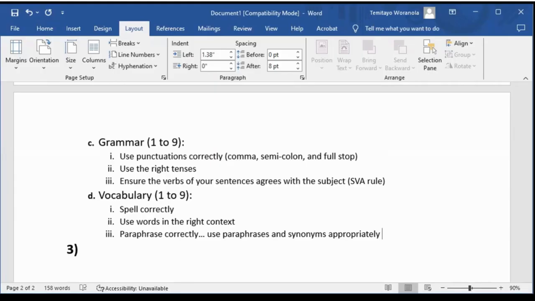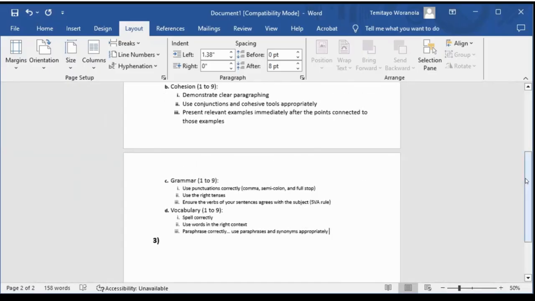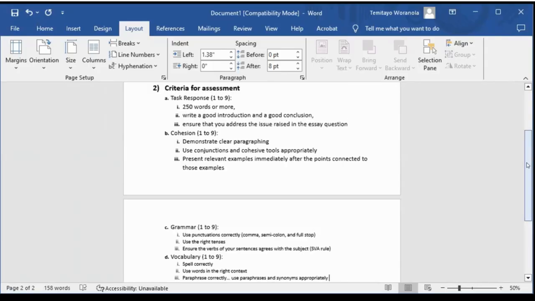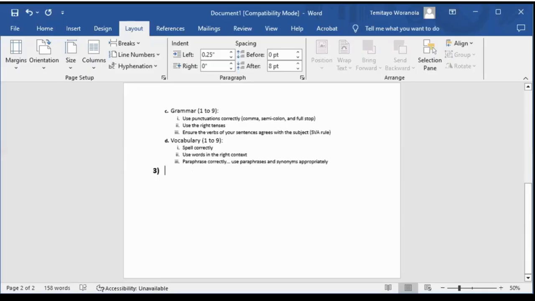Okay? So these 4 criteria that I've given you are extremely important. These are the 4 criteria that I use to assess people's essays. If you write an essay for me to assess, these are the 4 criteria that I'll use. When IELTS examiners assess essays, these are the criteria that they use. If you put your essay inside AI and ask AI to assess it, these are the criteria that the IELTS AI will use. So, ladies and gentlemen, it's very, very important that you do well with regards to these 4 criteria. Okay, now let us look at something here.